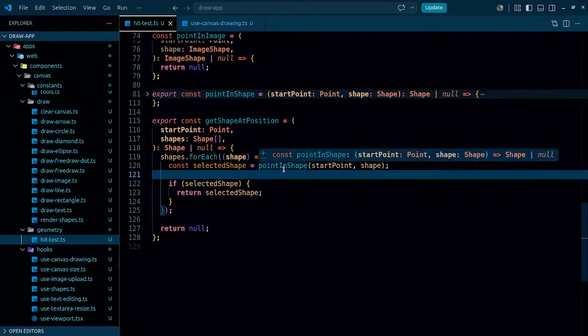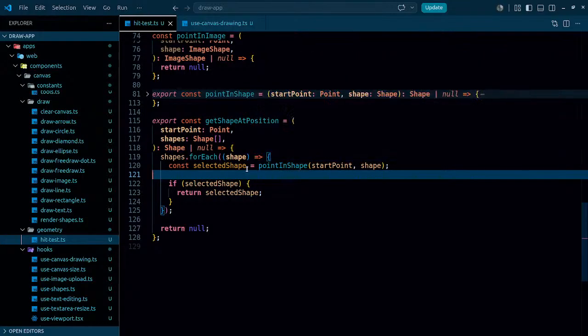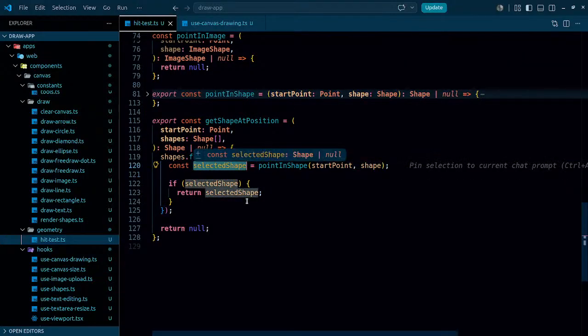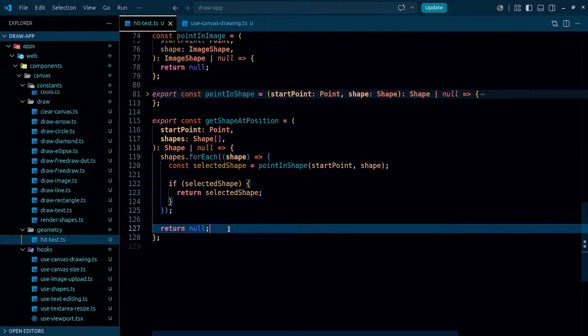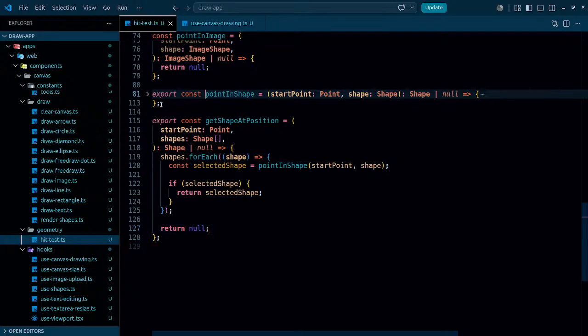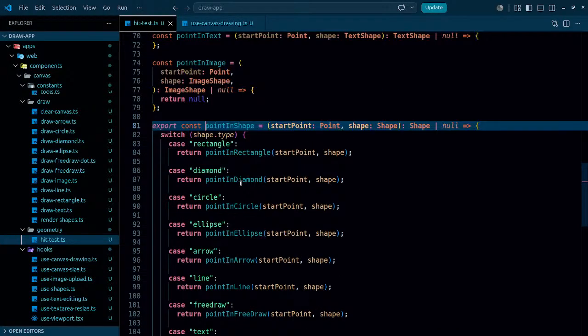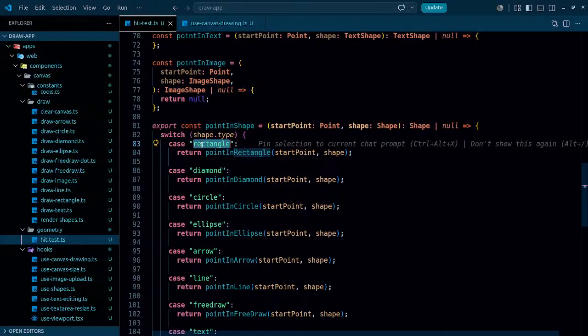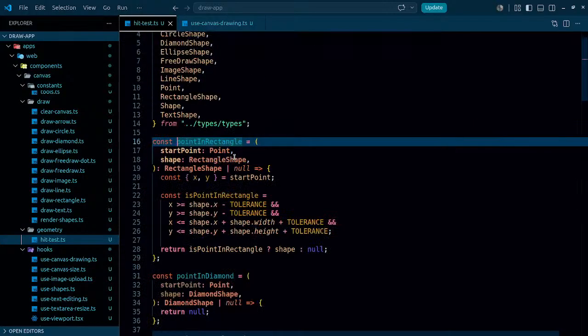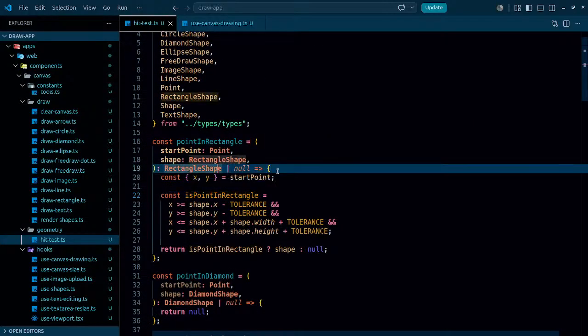Okay, point in the shape. The point that I actually got, point in shape, is just simply looping through that. I have all the shapes, passing the start point in the shape. If I got the selected shape, in that case I'm going to be returning it. Otherwise I'll just simply return null. Coming back to this one, this is nothing but a switch statement. So if the type is equal to rectangle, it comes here. So first of all,